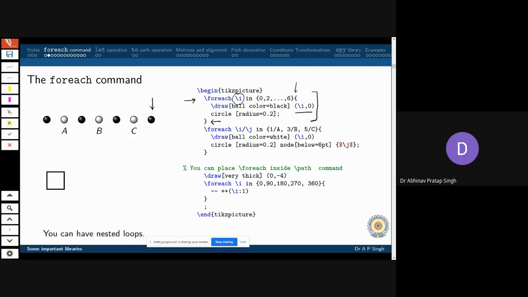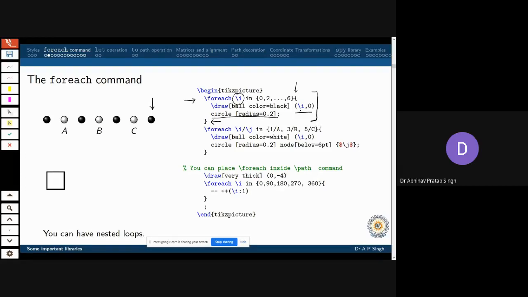What this line will do: in the first loop, it will set the value of \i to 0. In the second loop, it will set it to 2. And because the difference between 0 and 2 is 2, I hope you can guess that the next number will be 4 and the next number will be 6, and there it will stop. So a ball or a circle, you can see that I have given the command for a circle.